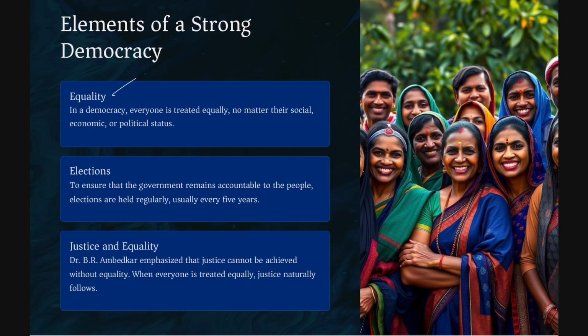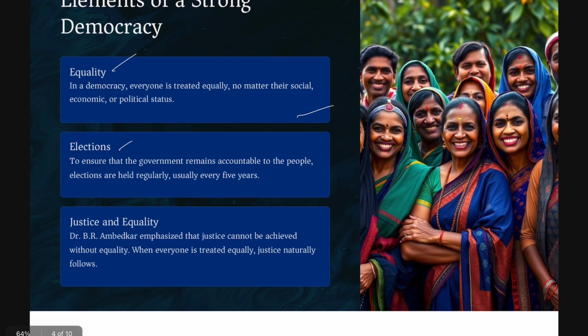A democracy like India stands on certain principles including equality and justice. So, what is equality? Equality means everyone is treated equally, right? Every individual citizen is equal in the eyes of law. For instance, in South Africa, racial discrimination during the apartheid deprived people of basic rights. And only after 1994, under Nelson Mandela, equality was restored.